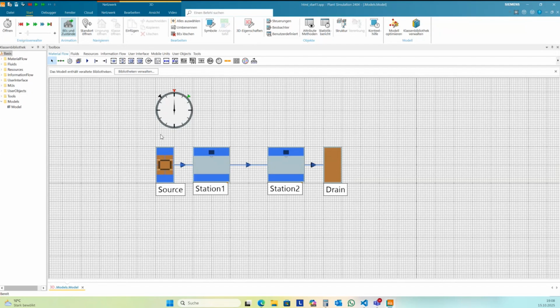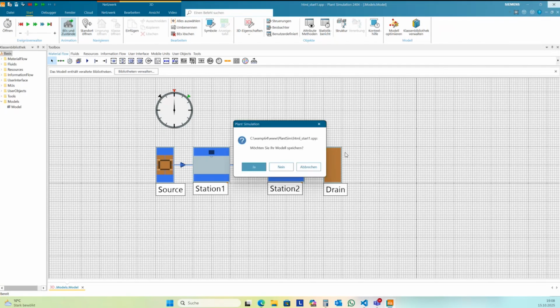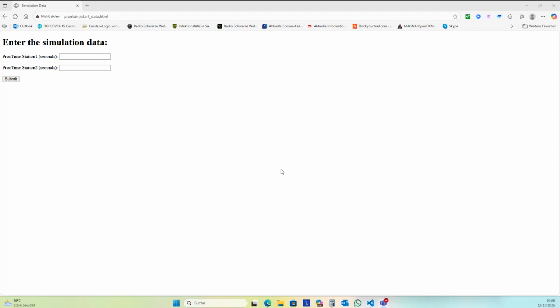Okay, this is my very simple model, and now we start with the first one. We need a front end, and so I close this. Okay, this should be the front end.